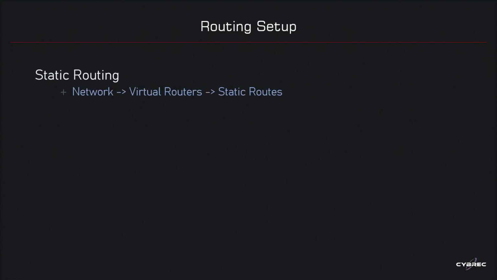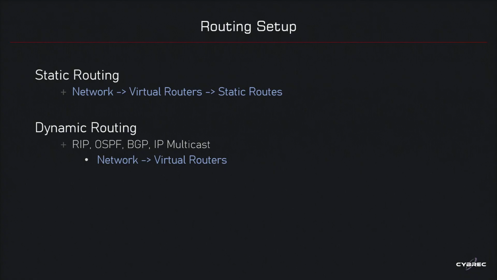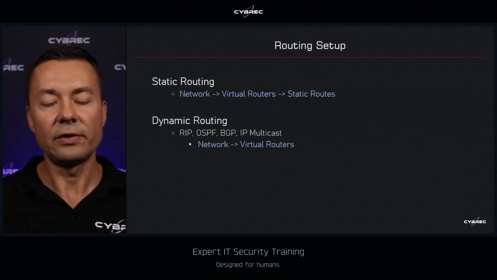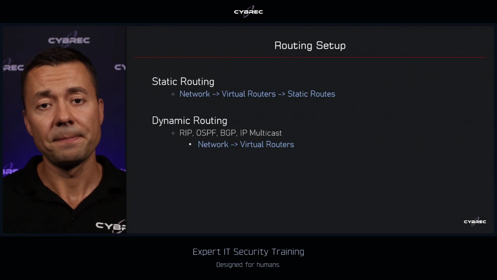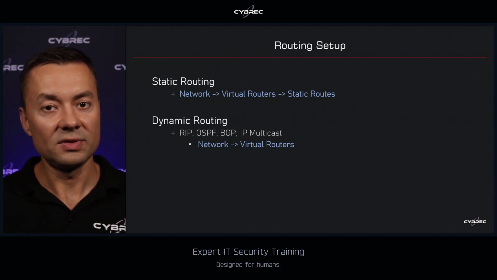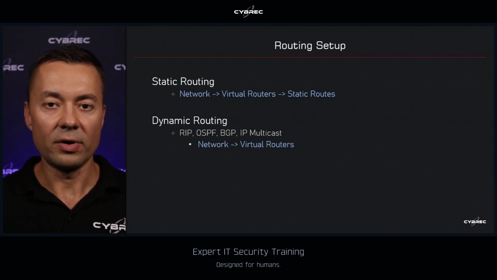We have just two routing methods that we could use on PAN-OS. Certainly the easiest way is going to be to just configure static routes for network virtual routers. Or as an alternative, you could also use dynamic routing with RIP, OSPF, BGP. You could even configure IP multicasts and use some advanced routing features such as policy-based routing or even perform route